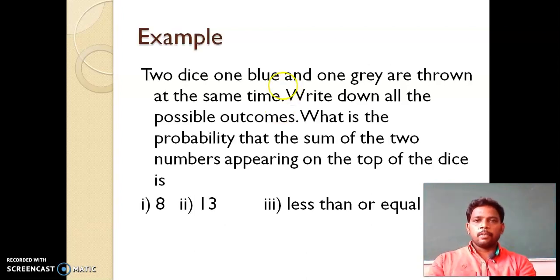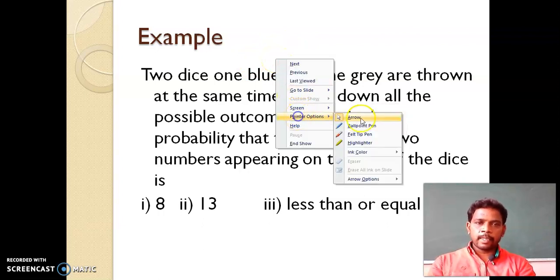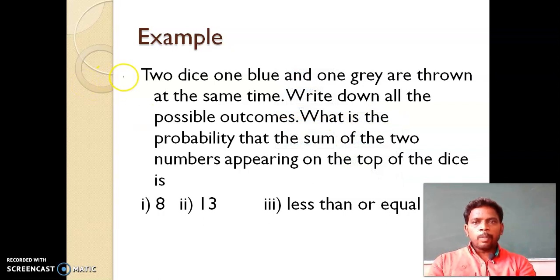So here, what are the events? We already know that. And what is the experiment here? The experiment is nothing but throwing dice. So how many dice are we throwing? Two dice are thrown here, right? Leave the colors. First we need to write the sample space, the elements of the sample space. Then we can define the events one by one. Then we have to find the probability of each event. That is the procedure for writing the solution.